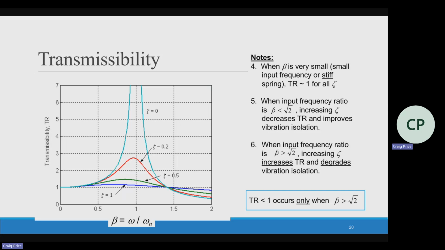And transmissibility is less than 1 only when beta is greater than square root of 2. So that's the point right here. So on the next page,